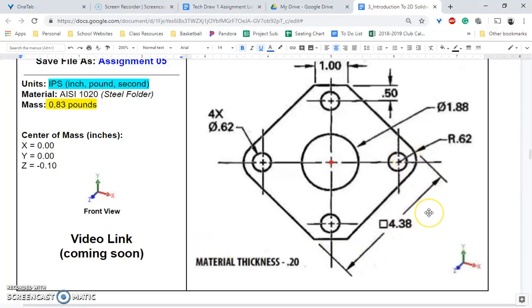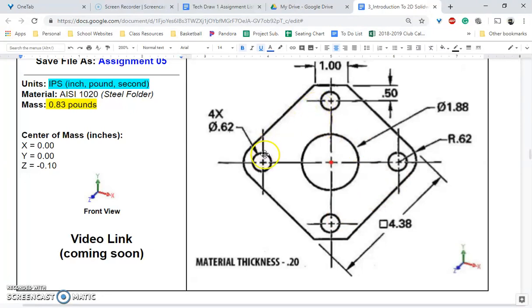So at the beginning of every new drawing, I would highly encourage you to look at the drawing first before you just start trying to draw it in SolidWorks. Look at it, think it through mentally: what shapes you see and what tools you might possibly have to use. So for instance, in this first drawing, we see one circle in the middle, four circles